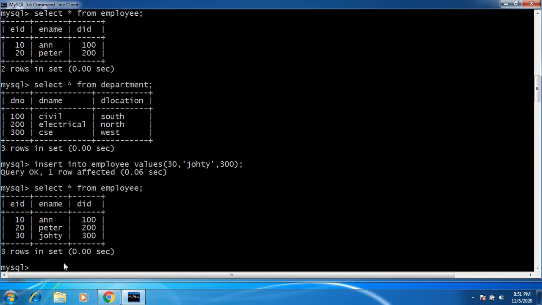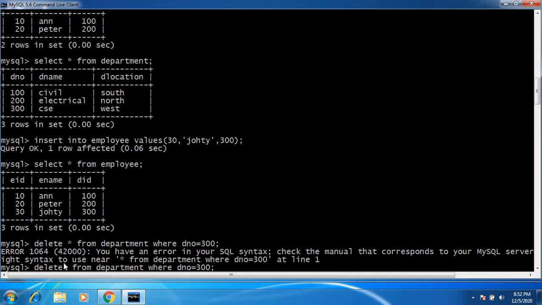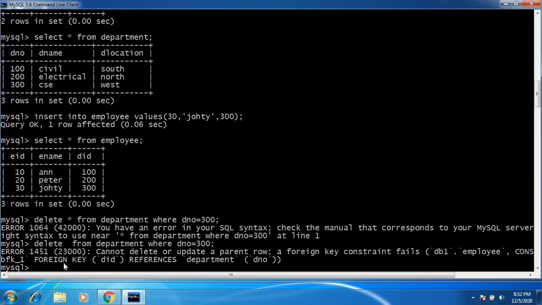Now if I want to delete the department 300, the error will happen, since 300 is referred to in the child table and the foreign key constraint fails. Because of that, we have to delete the child record first, then delete the parent record.